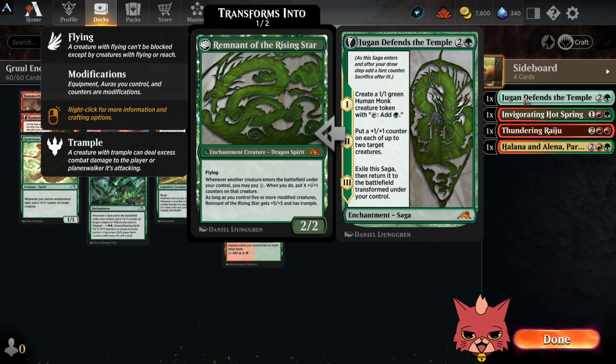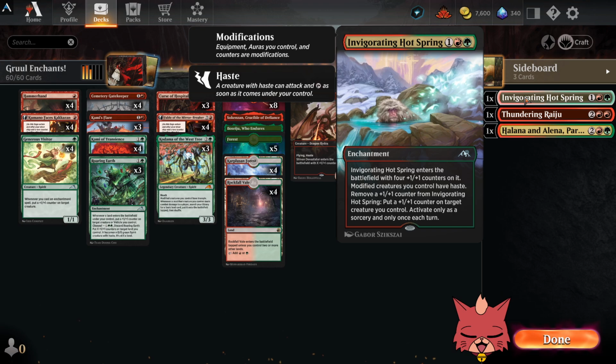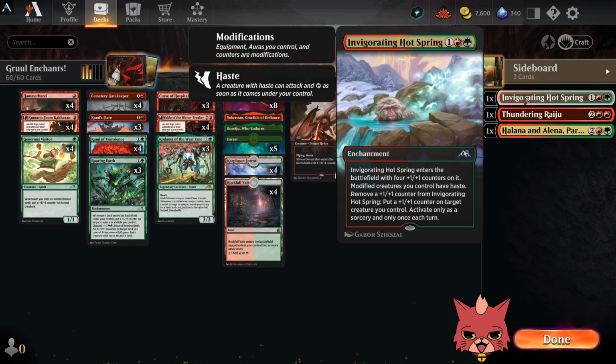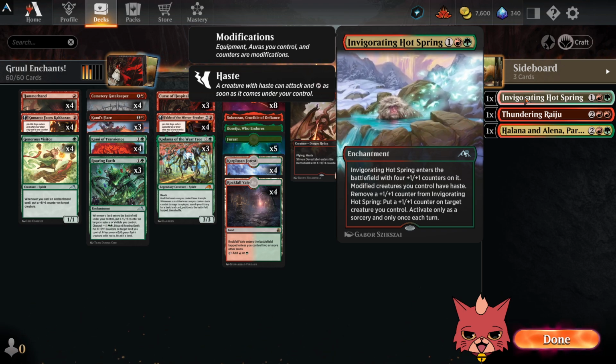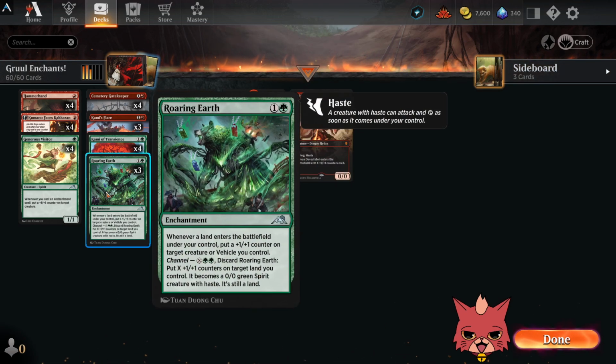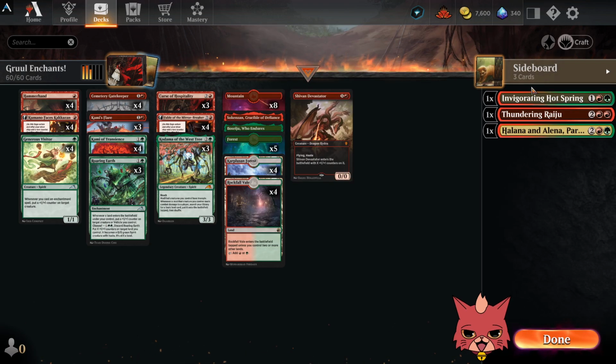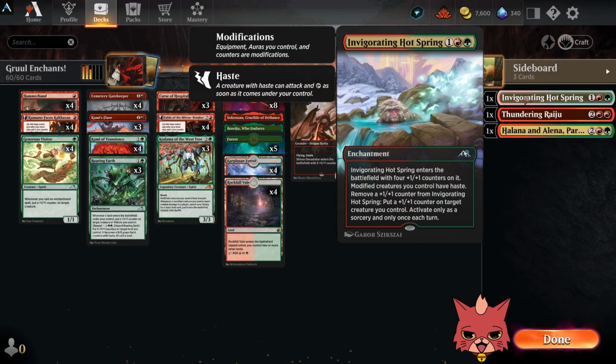You could always use it to just play multiple cards in one turn too, so I don't know, it depends. I skipped it this time round. Invigorating Hot Spring. Speaking of skipping, this card should probably be squeezed in the deck as at least a 1 of, but I wanted to make sure we saw Roaring Earth, so I didn't drop this down to 2, and I wanted to make sure we saw Curse of Hospitality, where this might only be a 1 or 2 of as well, honestly, and then maybe go up a couple Hot Springs, but we'll talk more about that in the